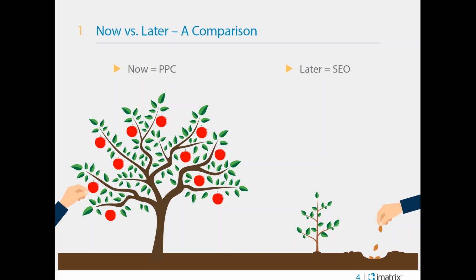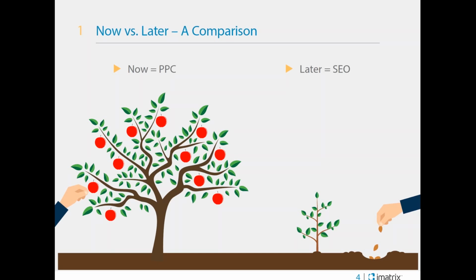PPC is paid advertising. Organic SEO is going to be below the map section, for example, on Google. The difference here is short-term versus long-term. Pay-per-click immediately drives new traffic with no lasting impact on your organic SEO. It can be expensive to rank #1, and it's paid cost per click. SEO, search engine optimization done organically, takes time to build authority. It has this evergreen effect. It can be difficult to rank #1. It's essentially free, as in there is no cost to click.